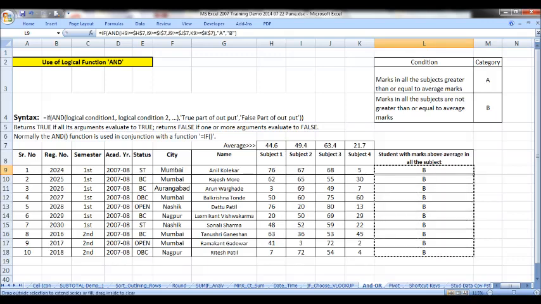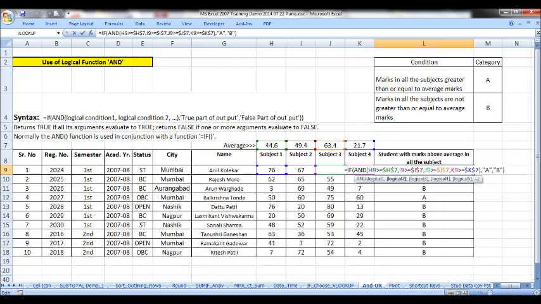You drag it for the rest of the cells. For respective students you will get A. There is only one student who has marks greater than average marks. For the rest of the students, they must be having marks less than average in one of the subjects.